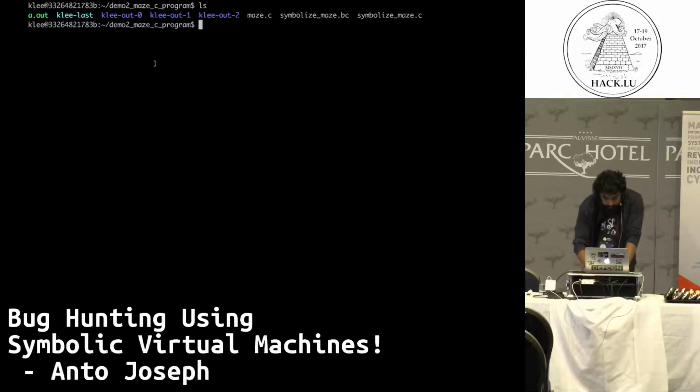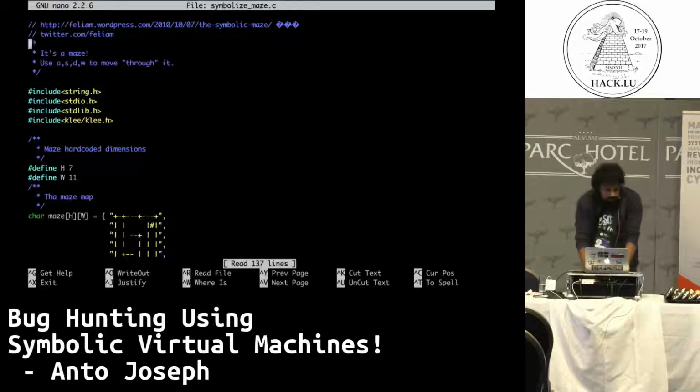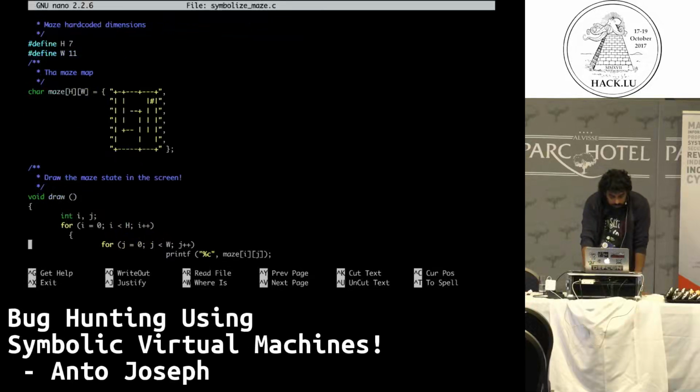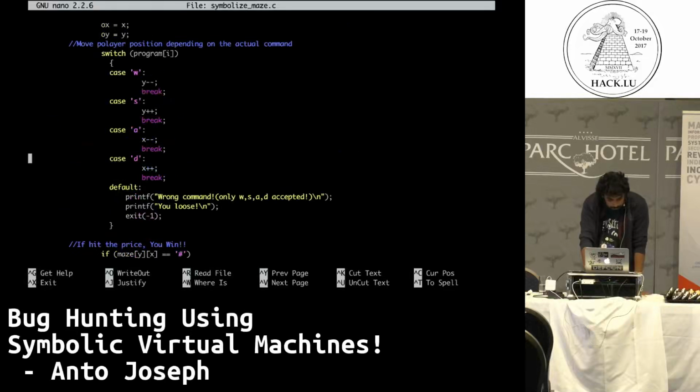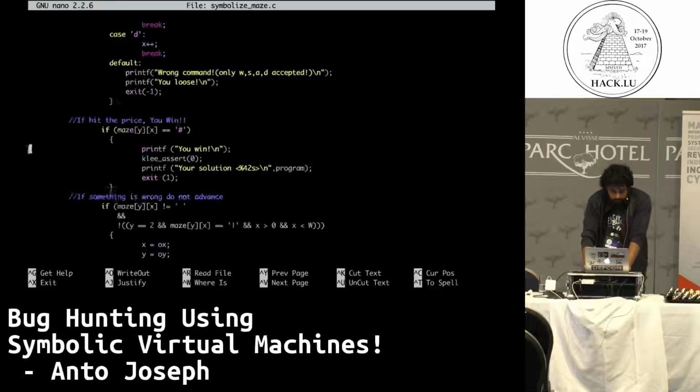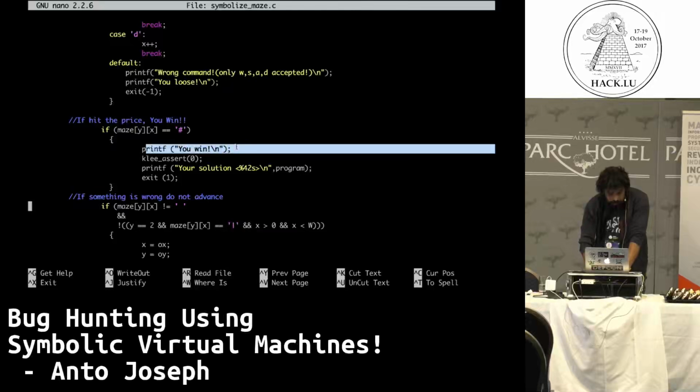So how do I do that? Let me delete the files from the previous execution. You just go ahead and use LLVM to compile this particular C file, and you have to make some additions to the C file. You need to reach the winning condition, right? So I have to make some changes over there. You definitely don't want to reach the you lose condition. You don't have to do anything about it, but I have to reach the you win condition.